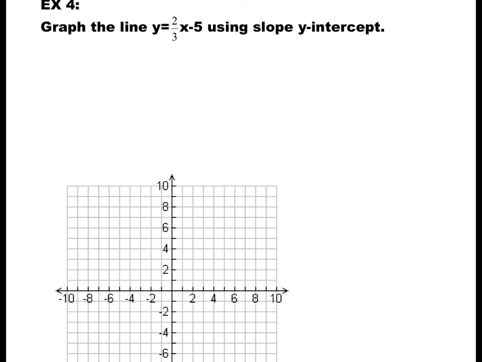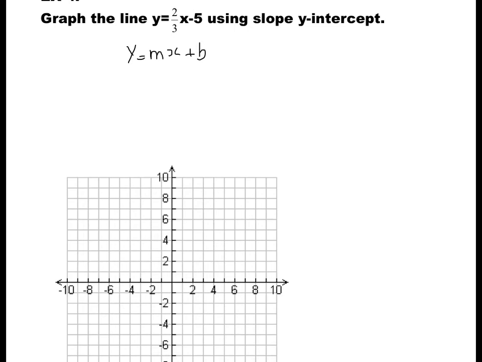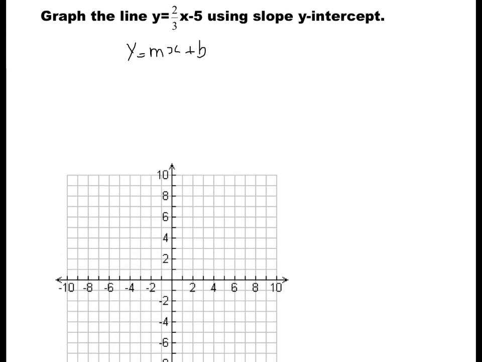The first thing we always do is we compare the equation with the general form of a slope y-intercept form of a line, which is y equal mx plus b. Comparing these together, you can see that the slope m is equal to